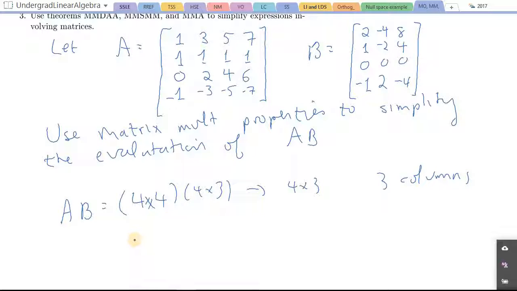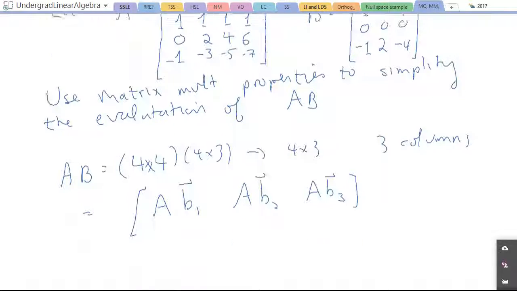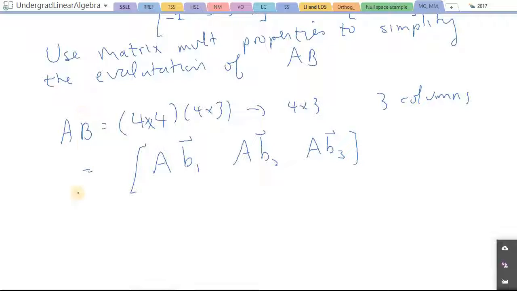And those 3 columns are AB1, where B1 is the first column of B. Second column is going to be AB2. Third column is going to be AB3. Now, notice a pattern in B. Look at this first column, second column, and third column. There's a very close relation between these 3 columns. In fact, notice that